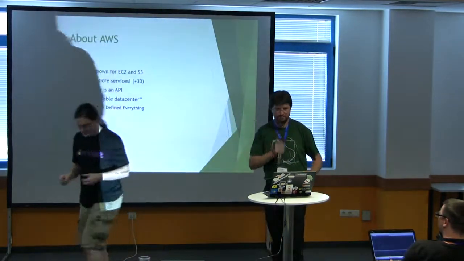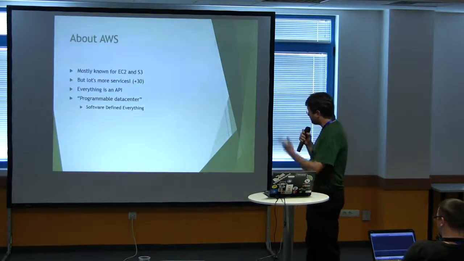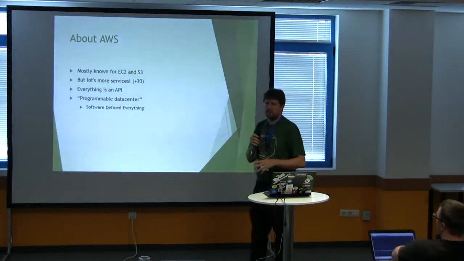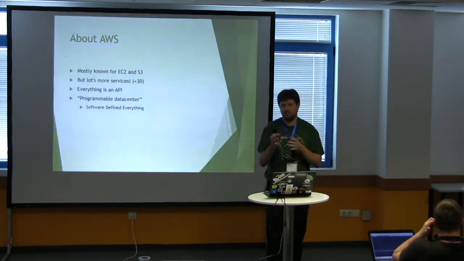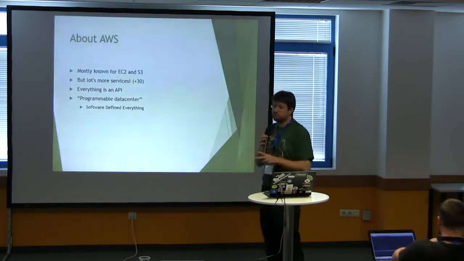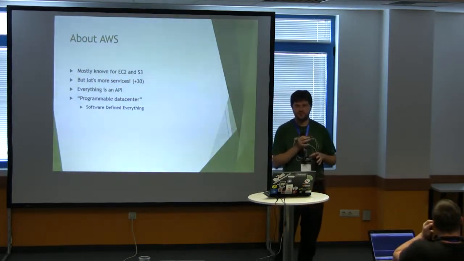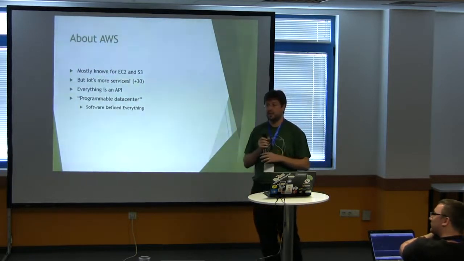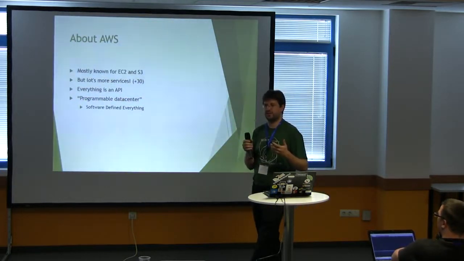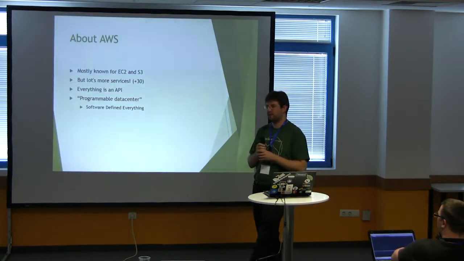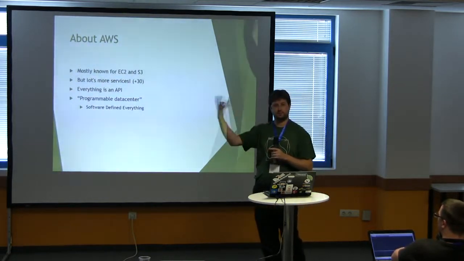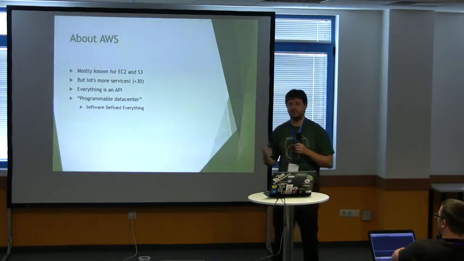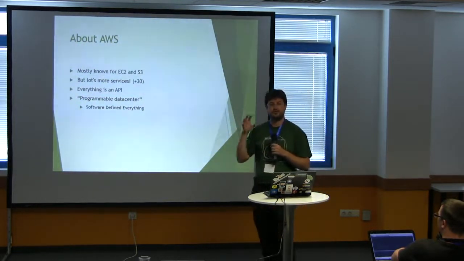Don't worry. Okay. So, it's not only about virtual machines and object storage. Those are only two services. There are 30 plus services in AWS. They offer queues as a service. SQS, simple queue service. If you need to put jobs on a queue, you just call an API and start pushing messages to it. And you really don't have to provision any machines, and you don't have to manage them.